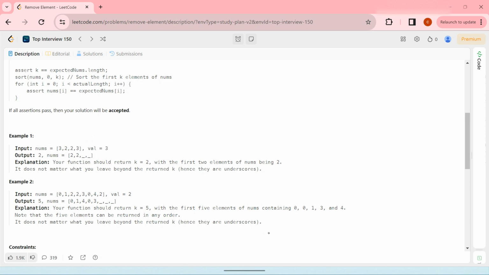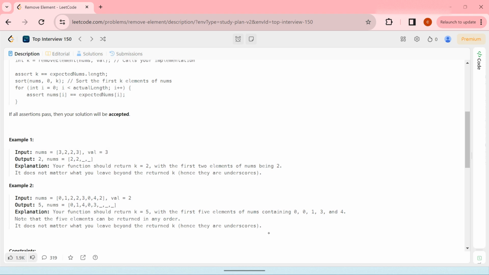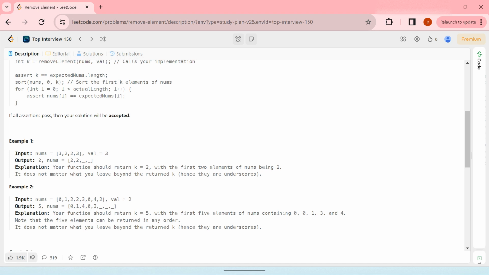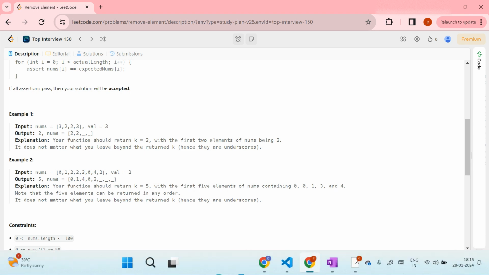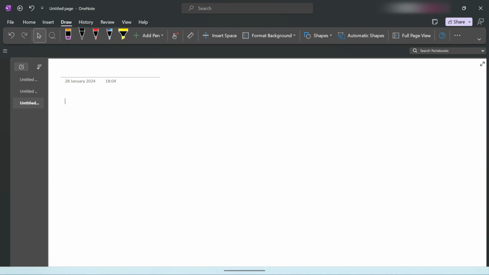So you can see here from the nums array you have to remove the three numbers from this array. And you have to give output as 2, and the nums array as 2 and 2 only. There should not be 3 in the array. So first see how the code is working here.